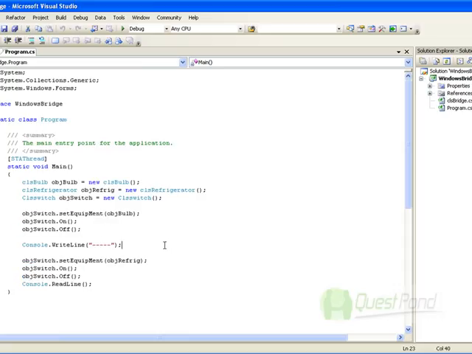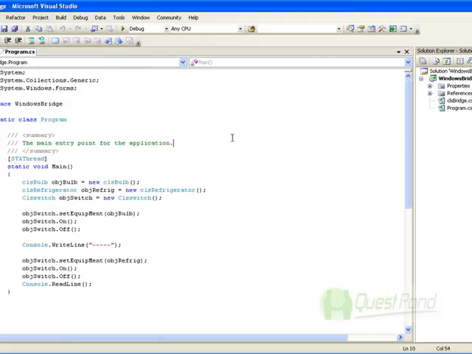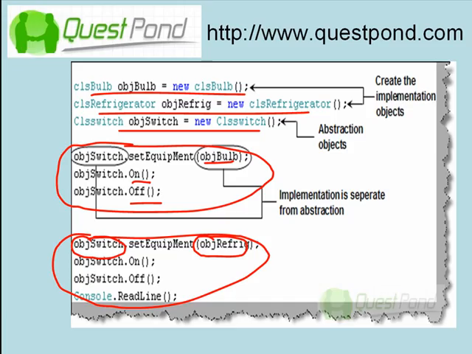Now, if I run this program, you can see that the bulb is first warmed up, blown, and then switched off. In the same way, when I started the refrigerator, it started the compressor, started the ice cooling, then stopped the ice cooling, and stopped the compressor. This is a very hypothetical example which I've shown, but when we look into actual projects,